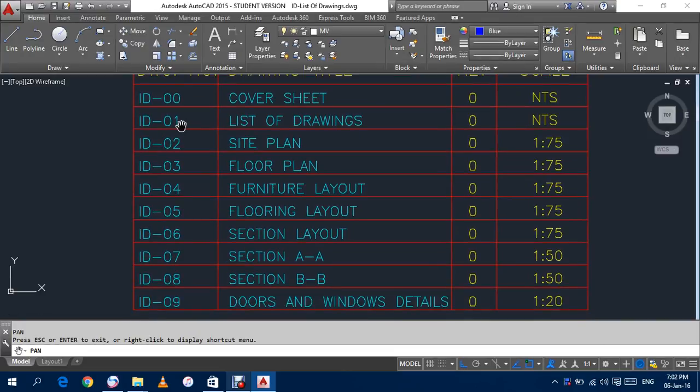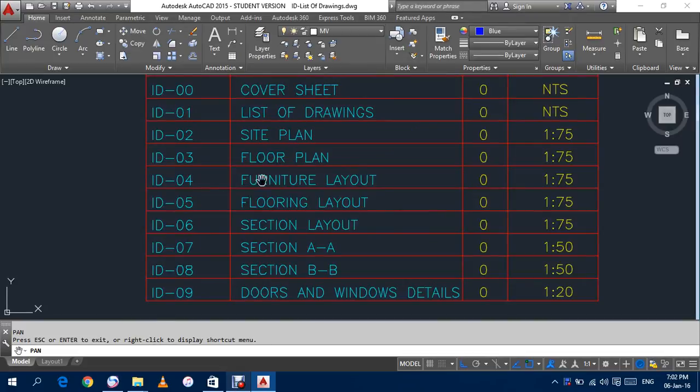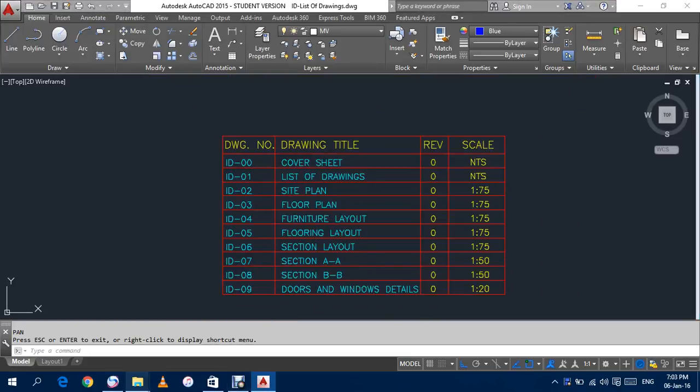The next drawing is the list of drawing, that is this drawing, and you know how to make this drawing. And then the next sheet is the site plan, the next one is the floor plan, then furniture layout, flooring layout, section layout, section A, section B. If any project is having section C, section D, then you have to include it. And then doors and windows details. Fine. Now when I go to the folder here,